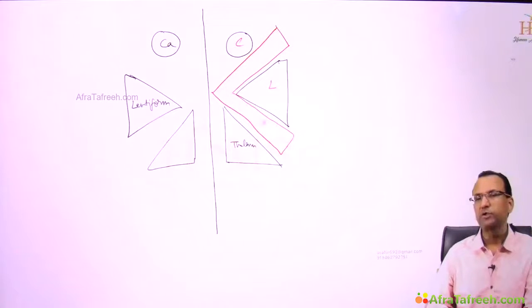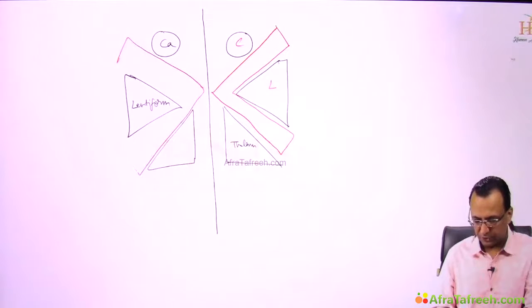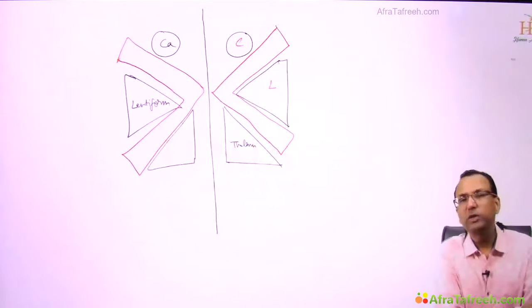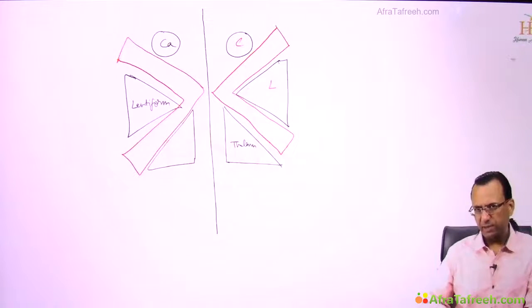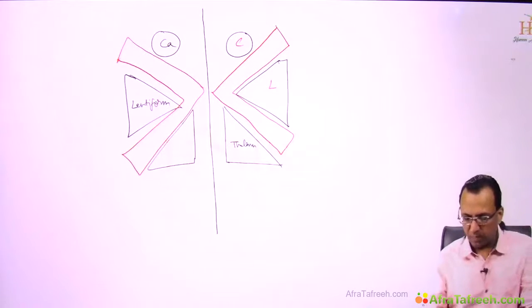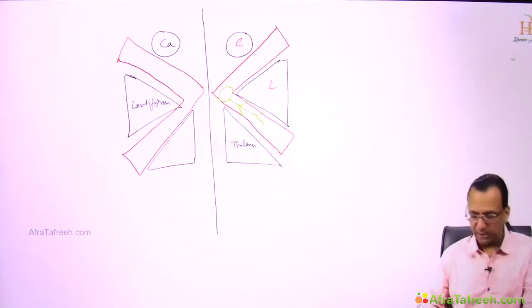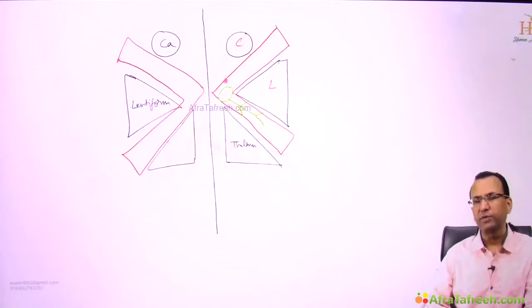Let us draw the internal capsule on the other side as well. Now, once you have drawn the internal capsule on both sides, this is the superior view of the brain with the right-sided internal capsule and the left-sided internal capsule. Then you have to tell how the human body is represented on the internal capsule. The sensory and motor fibers of the head area are passing through the genu of the internal capsule, whereas the upper limb, lower limb and trunk sensory and motor fibers are passing in the posterior limb of the internal capsule.